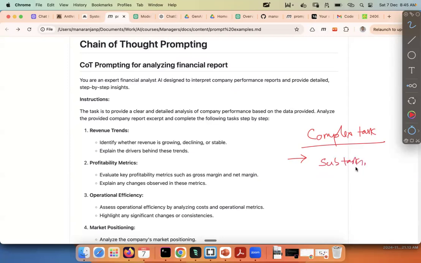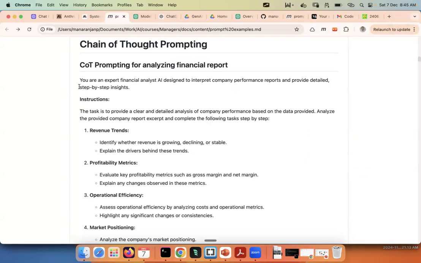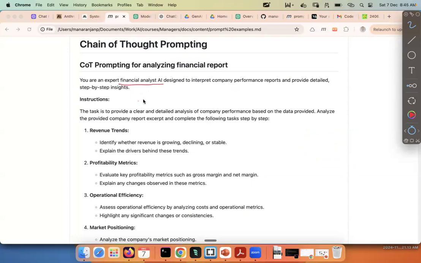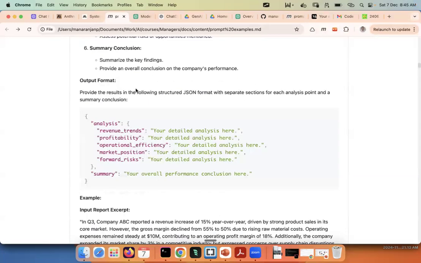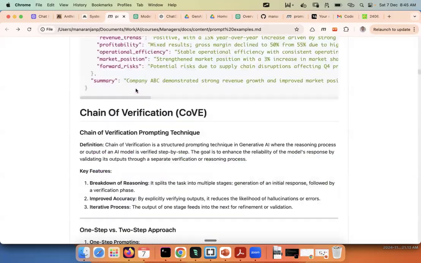So you ask the prompt to decompose the task into smaller tasks. For example, here if you see, say you are an expert financial analyst designed to interpret company performance reports, provide detailed step-by-step insights. So of course you can ask this and provide the report. It will give you some insights. But then